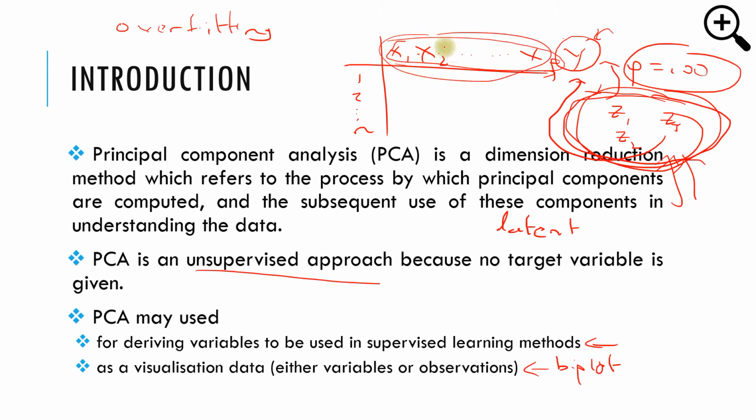So you will have a new set of variables that are meant to be uncorrelated among themselves. Because the x are correlated, you don't want the z to be correlated, because you want all the correlated variables to be captured in one particular principal component and another set of correlated variables to be captured in another principal component, which means that these two are meant to be